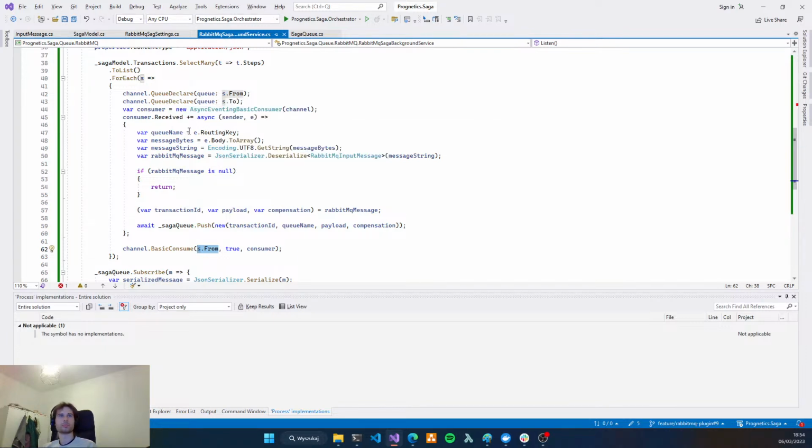Maybe I just used a routing key here, I'm not sure. Can I use routing key? So let's pass from. It should be okay. So we want this queue name for this queue.